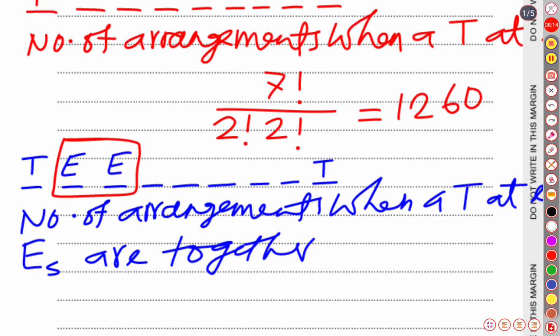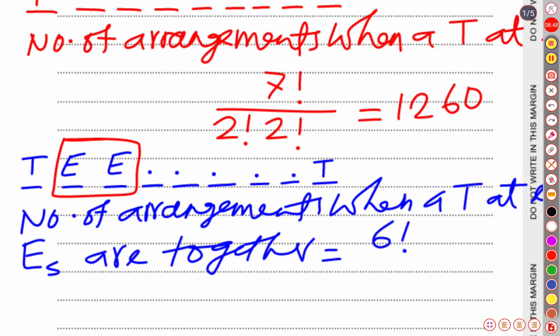Okay, so if T's are at each end and I's are together, let us see how many spaces are left. 1 2 3 4 5, and this one is as one unit, so total 6 factorial ways. Considering both the I's as one unit, there are 6 places to interchange their locations among themselves. So it is going to be 6 factorial ways, and among them, among these 6